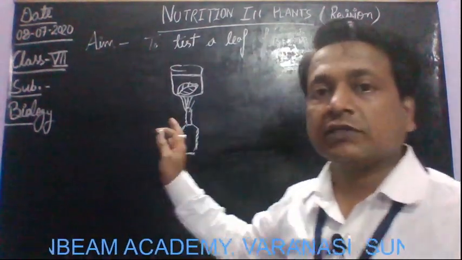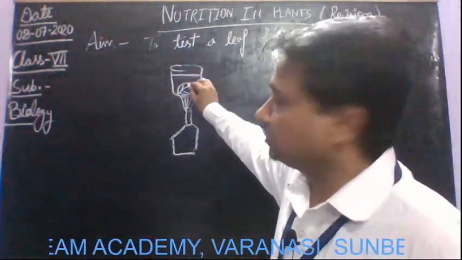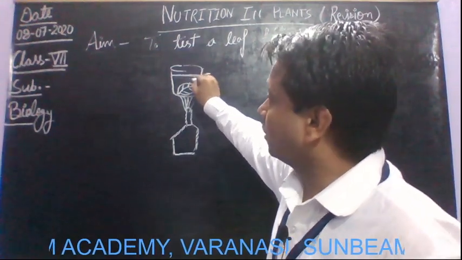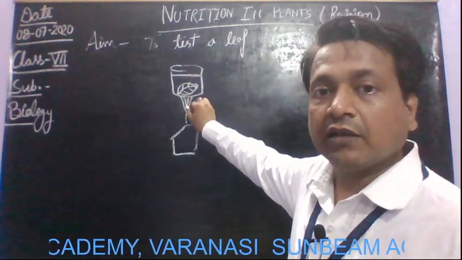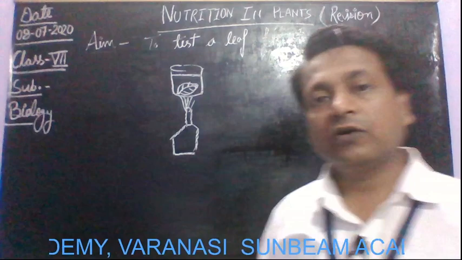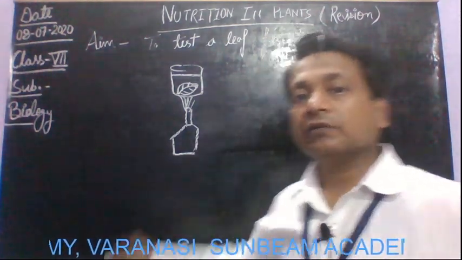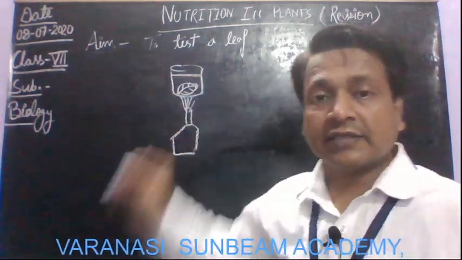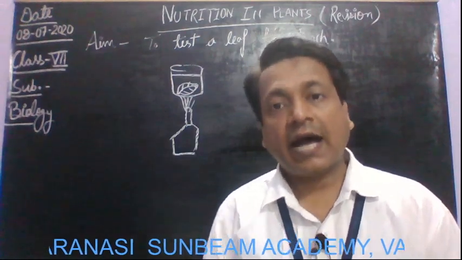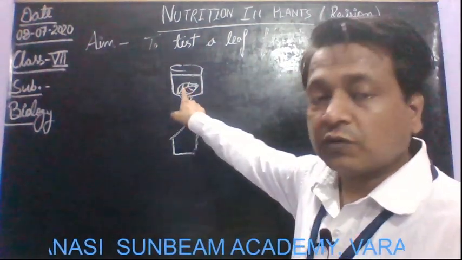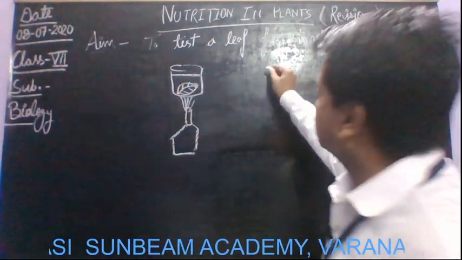we will set up our setup like that. We will put the leaf in water in a beaker and boil the water for about 5 minutes. It will kill the cells of the leaf. After that, we will transfer this leaf into a test tube